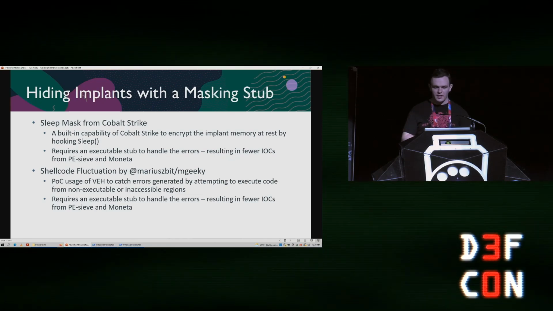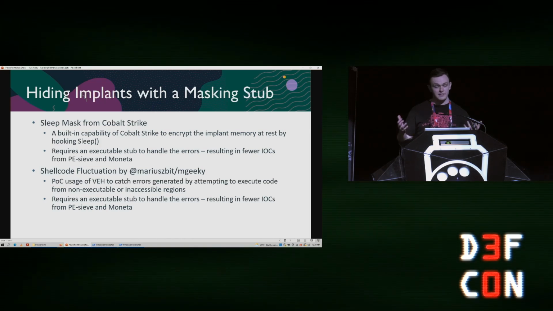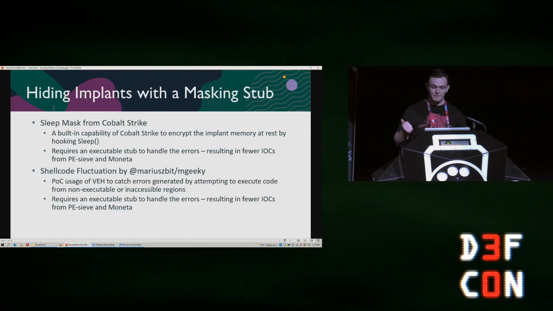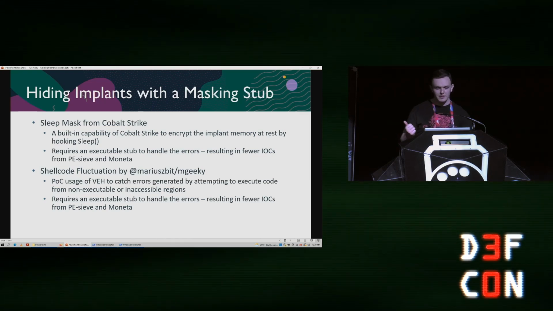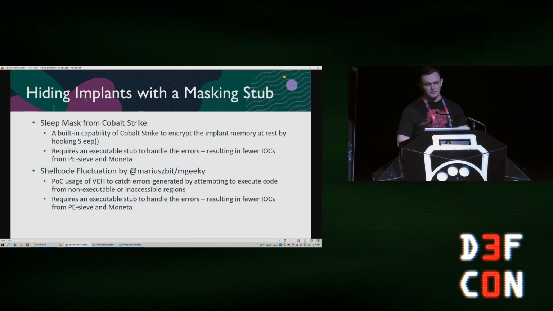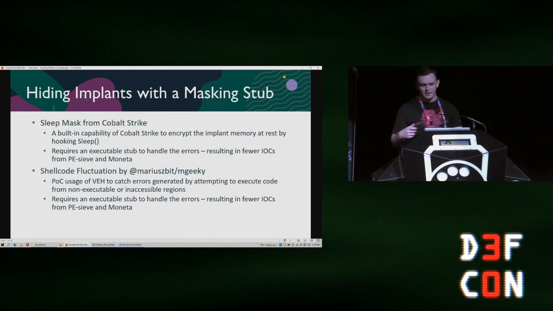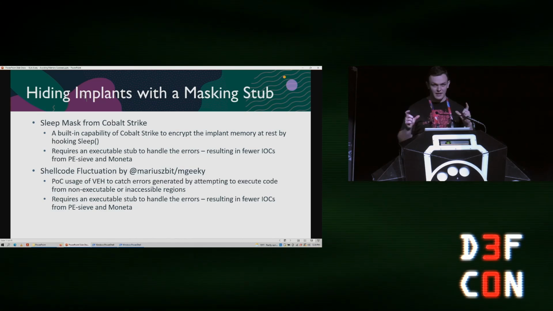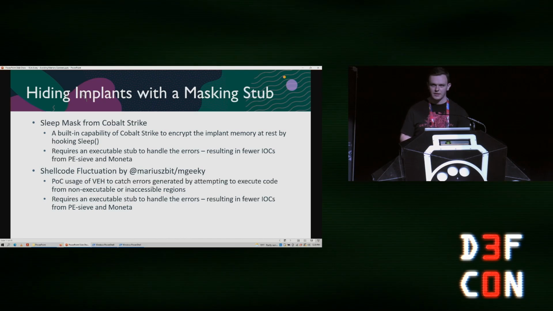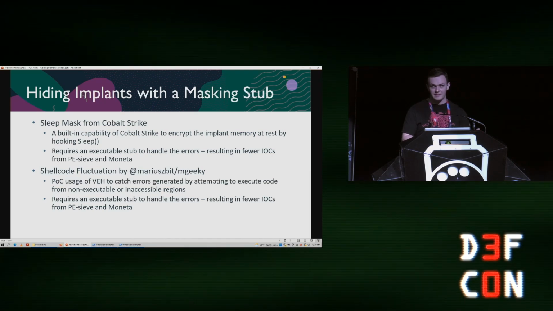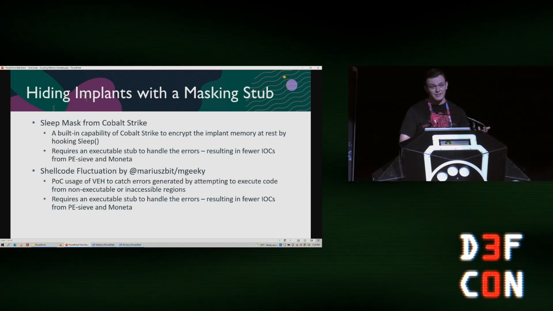So first we can talk about this stub where we have some executable code, which is not preferable, but it is an option. First of all, we have the sleep mask kit from Cobalt Strike, and this is why I don't like to use this for the heap encryption. The whole reason is because if we use this, we have to leave that executable. If we leave that sleep mask stub, a small section of memory that we leave unencrypted and executable, then that's going to get caught by Moneta anyway, and potentially caught by YARA rules.